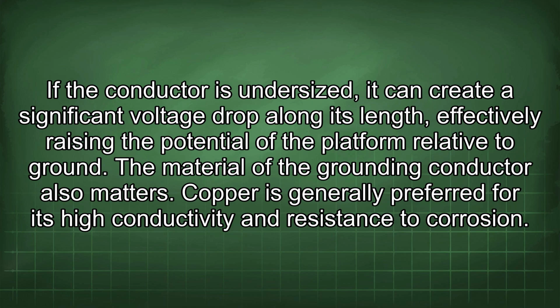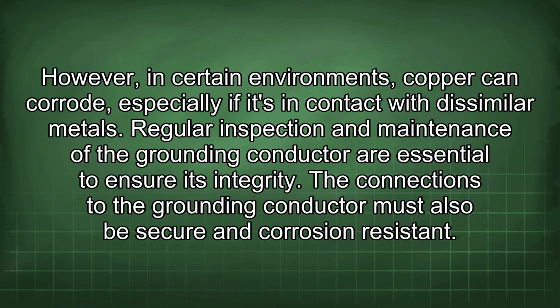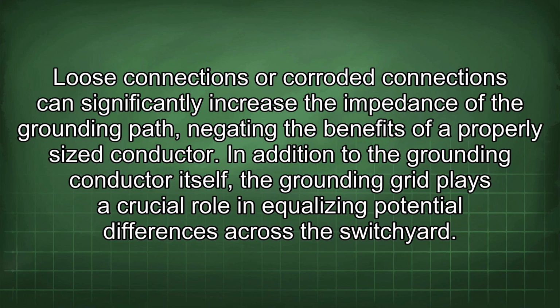The material of the grounding conductor also matters. Copper is generally preferred for its high conductivity and resistance to corrosion. However, in certain environments, copper can corrode, especially if it's in contact with dissimilar metals. Regular inspection and maintenance of the grounding conductor are essential to ensure its integrity. The connections to the grounding conductor must also be secure and corrosion resistant. Loose connections or corroded connections can significantly increase the impedance of the grounding path, negating the benefits of a properly